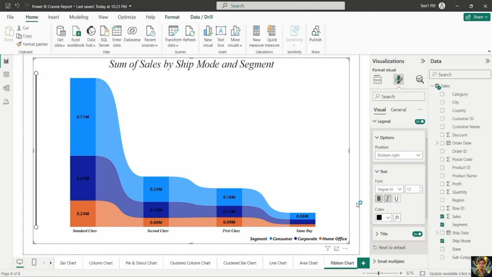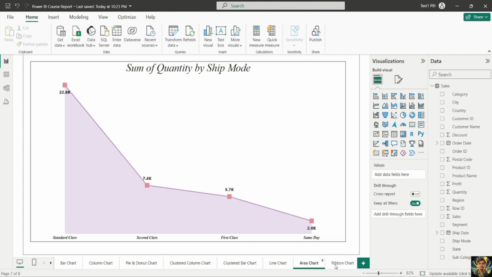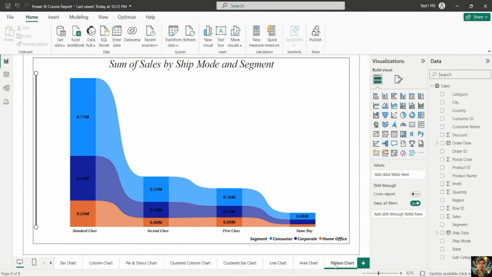So this is just to show you how you can create a ribbon chart and how you can format it. When we created this ribbon chart, we just copied the formatting of the area chart. But you can have the same formatting as the area chart even if you had not created the area chart and there was only a ribbon chart present here, right? In that case, you can simply format it in the same way